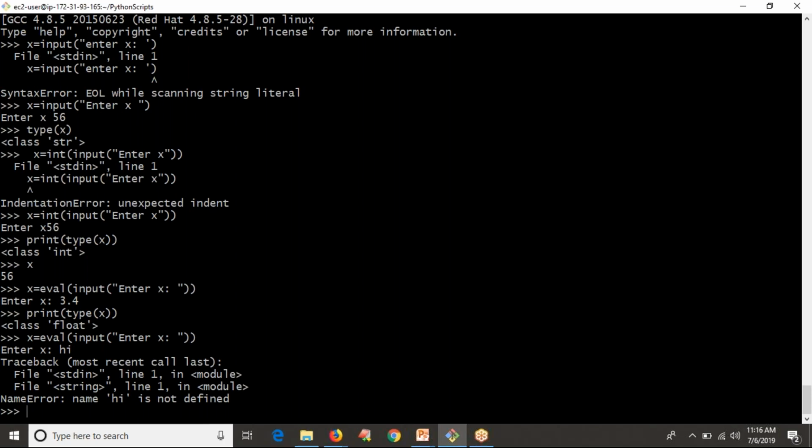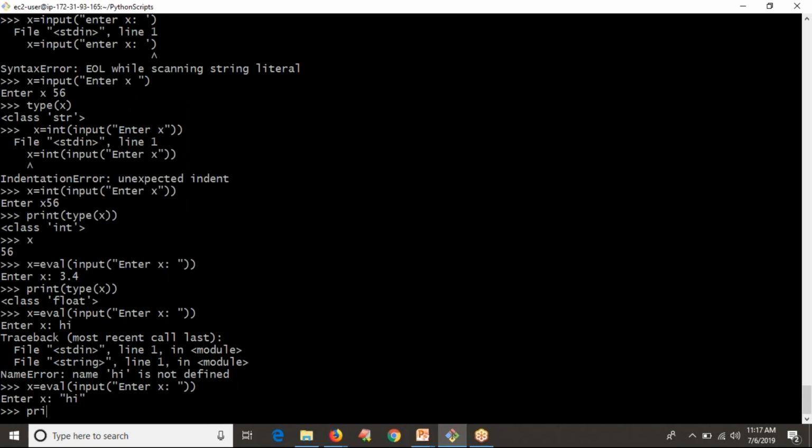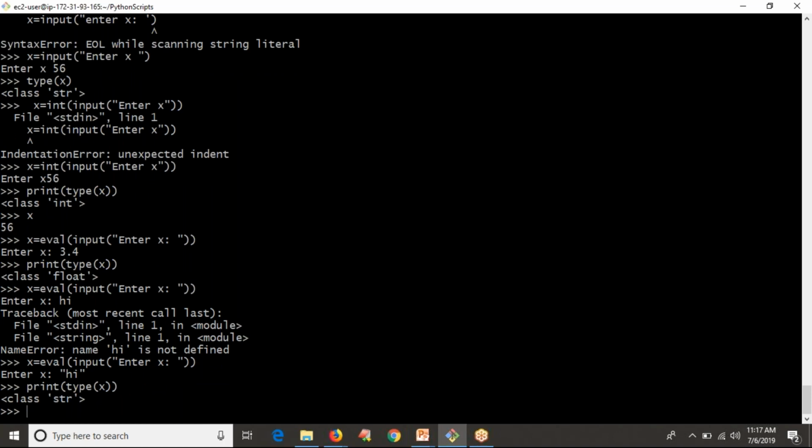So whenever you are using eval and you are providing a string, by default input reads a string, but with eval you have to provide your string in quotations. That's it. Now print type of x. Okay. So be clear.